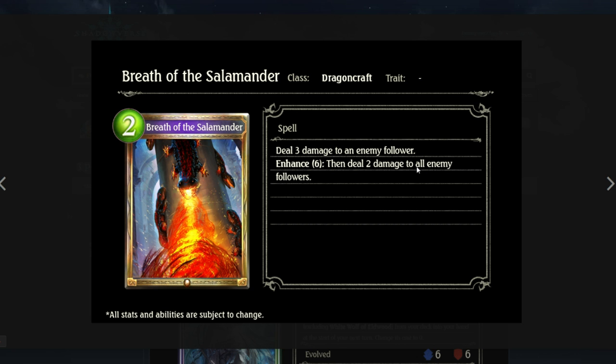Next up, we have Breath of the Salamander, gold spell for Dragoncraft. For 2 mana, you deal 3 damage to an enemy follower. How good is that? It's actually very good. Because, you see, Dragoncraft is a class that is based and dependent on mana acceleration. That's how Dragoncraft wins, by basically outvaluing your opponent's mana with your mana. You do that by, of course, ramping your mana early with Dragon Oracle or Dragon Emissary or stuff like that,